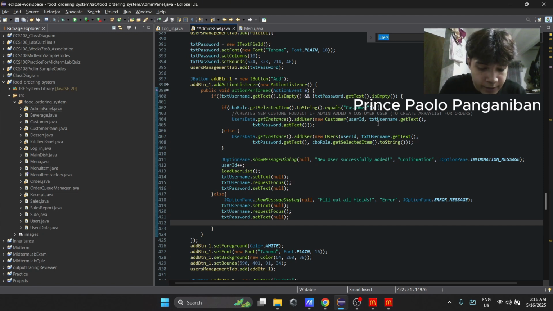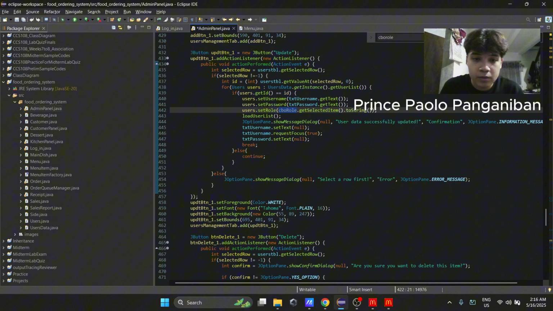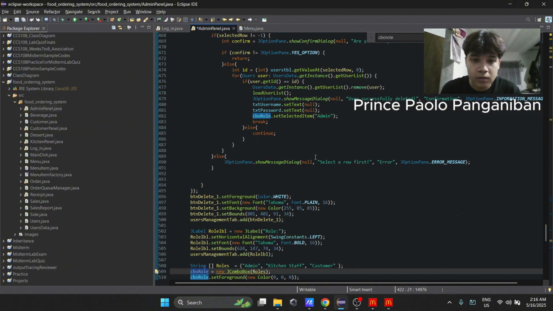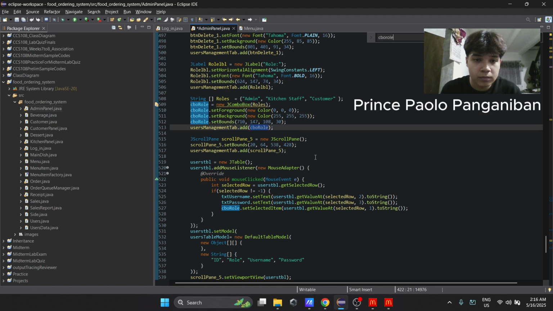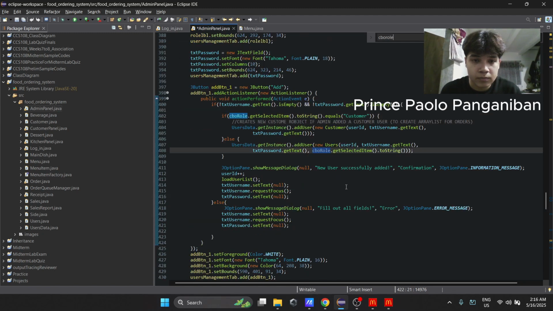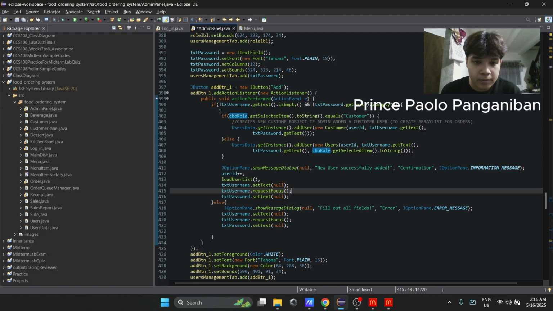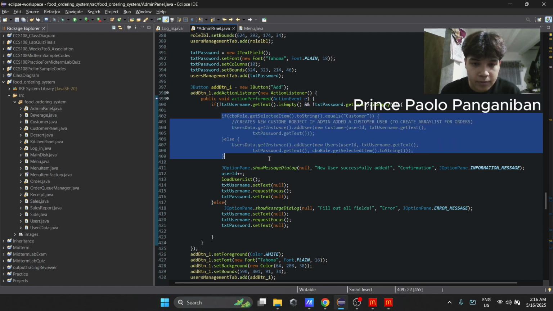Let's look for the cboRole, this part. When the admin adds a customer role, we instantiate Customer, a subclass of User, so that future order histories can link directly to that concrete type. A concrete polymorphic touch.